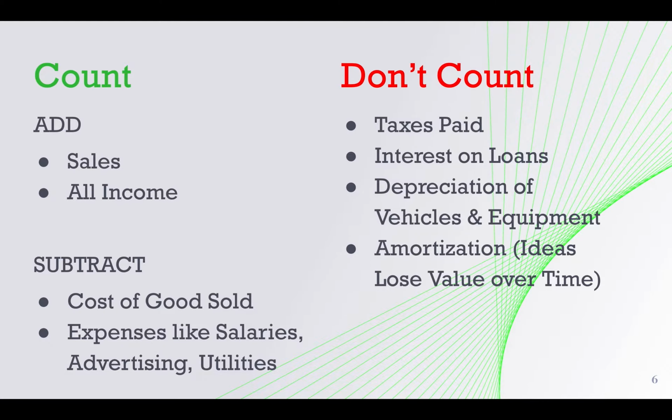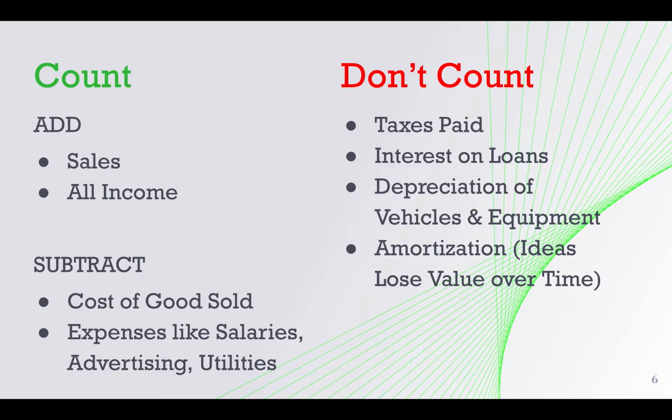So again, in summary, how would we do it? Well, we would count the sales, any other income as well, and then subtract the cost of goods sold. So if they're reselling clothes, they must have paid for those clothes at a certain price, or made them themselves. So there's a certain cost of the goods that they're selling, and then there's other expenses: salaries, hourly wages, advertising, utilities, insurance to keep the store running, things like that. But we would not count the taxes that they paid, interest on loans,